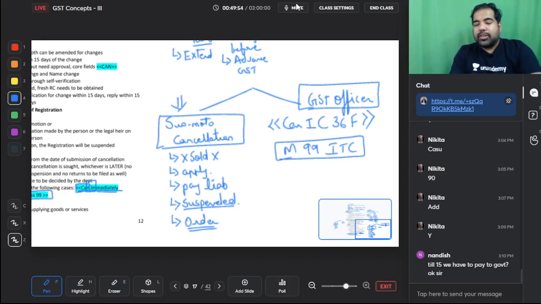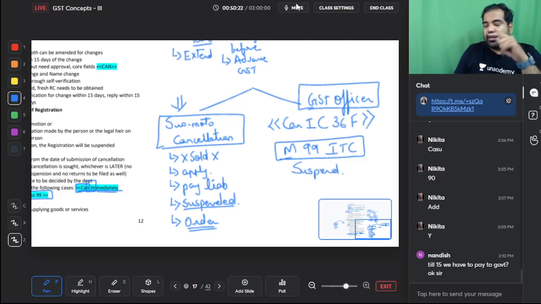Alright guys, when your GST officer cancels your registration, he cannot surprise you that listen, surprise, your registration is cancelled. No, he will give you an opportunity of being heard. He'll give you a show cause notice. Only if you don't argue against it validly, then he will cancel it, because cancellation is very dangerous, guys. All your credit will disappear, and hence cancellation is done very selectively and after giving due notice. Again, here also he can suspend your registration while he is investigating you, and in the suspension you can't make any taxable supplies, and you don't have to file your returns also.